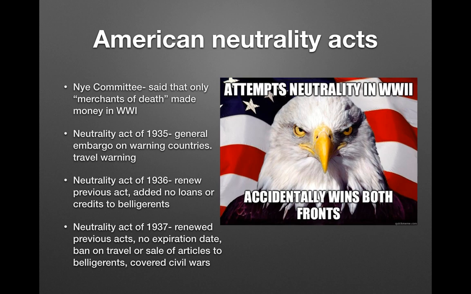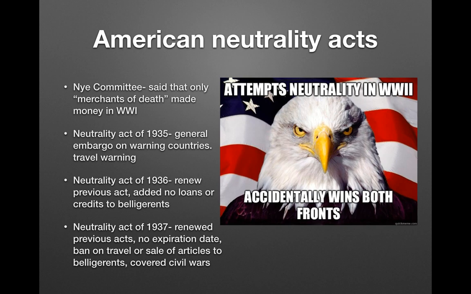So we have the American Neutrality Acts. Attempts American neutrality in World War II, accidentally wins both fronts. So first off, where did this come from? As World War II was beginning, the Nye Committee was composed in the Senate. And they said that only the merchants of death, which would be bankers and gun manufacturers, made money in World War One. So Congress is now going to try to keep the United States out of World War II by